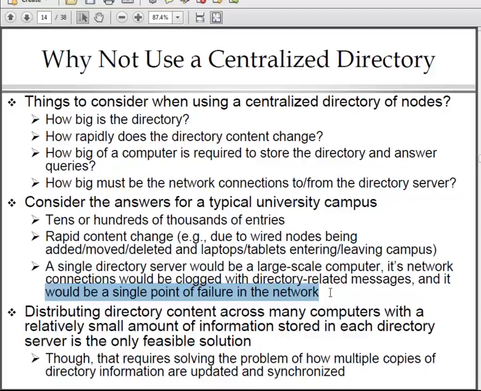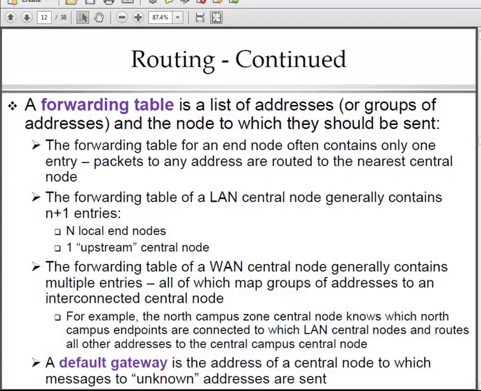Okay. We don't really tolerate single points of failure, or clogged congestion points. So as a realistic sense, there's only one answer to dealing with this directory issue, and that is distribution. Okay. If I think of a master directory containing the addresses of all computers on a campus, in essence,